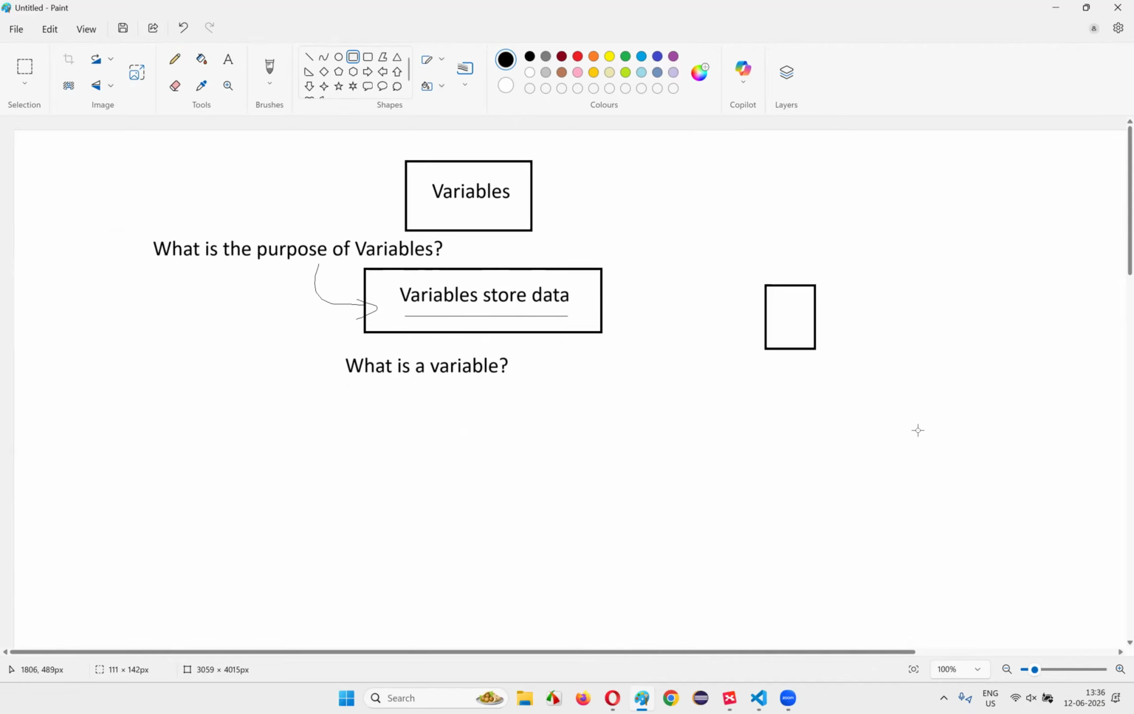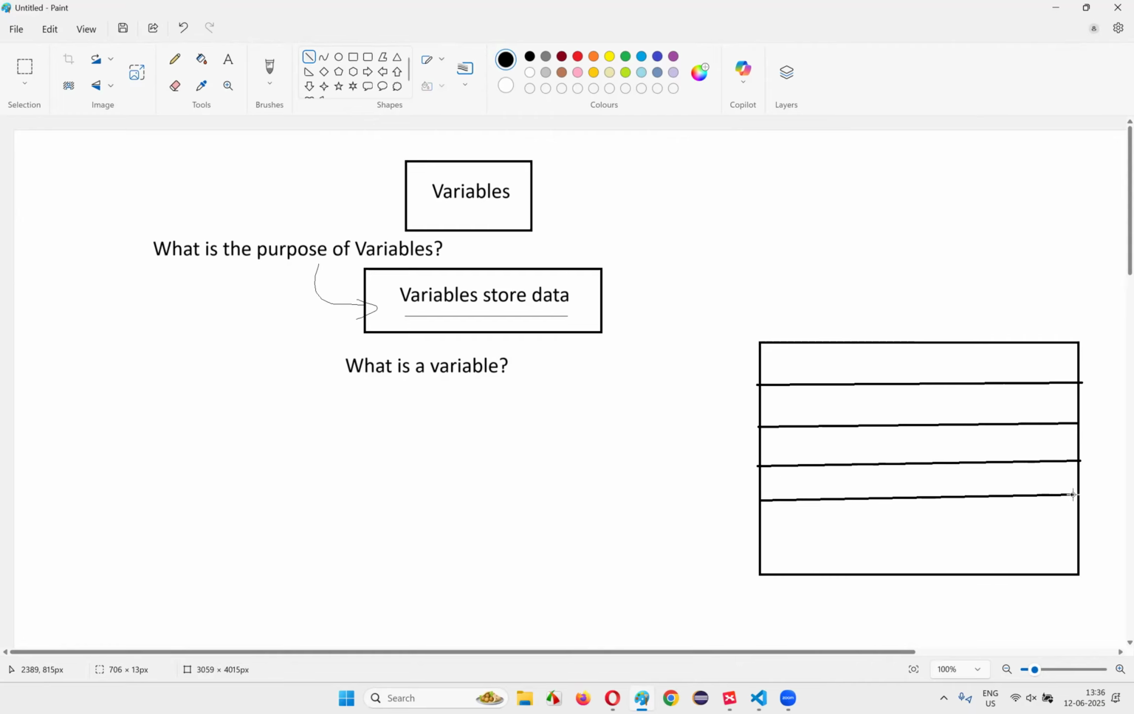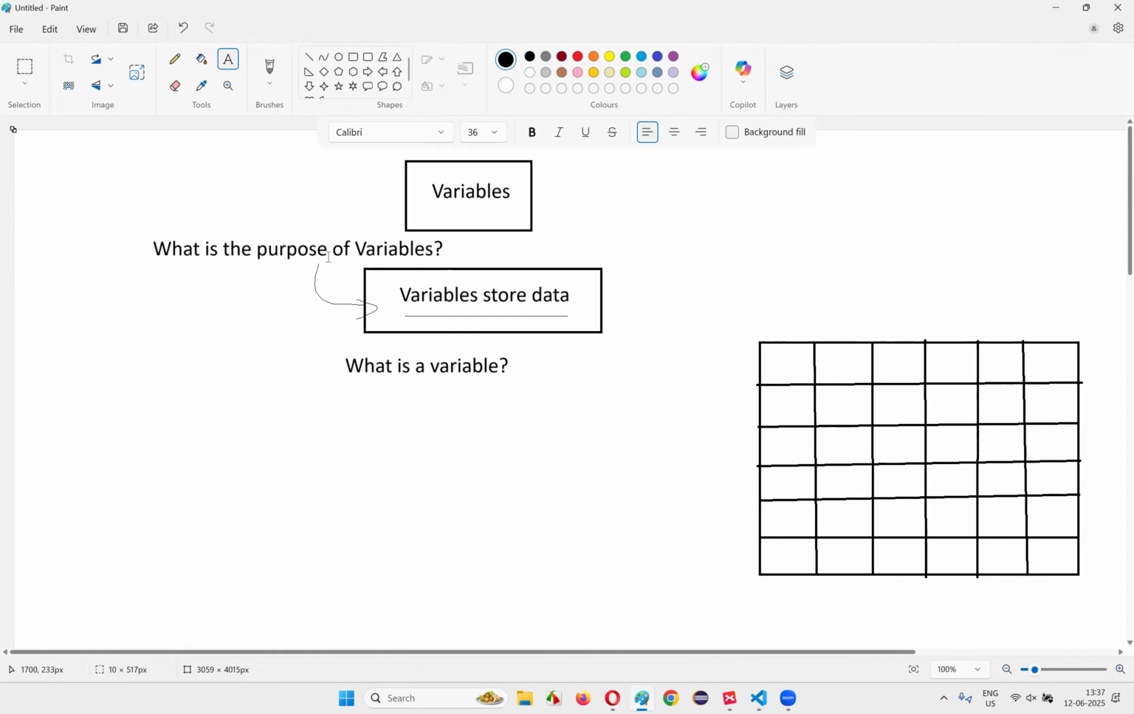Assume that this box is a computer memory, the entire computer memory. I'm dividing this computer memory into multiple slots, like this. Once you divide the computer memory into these multiple slots, then if you create a variable in a programming language,